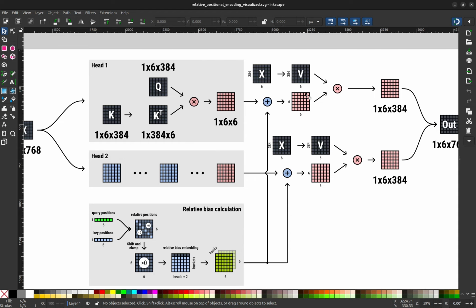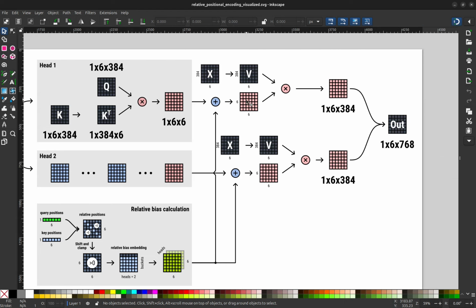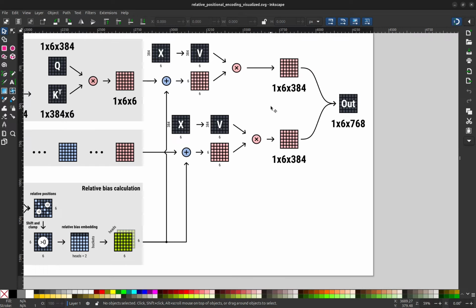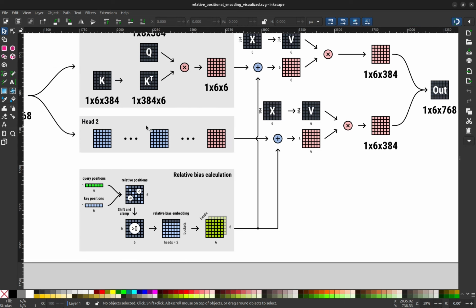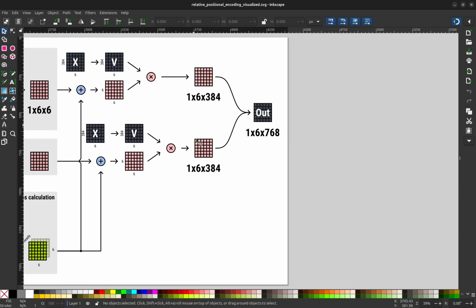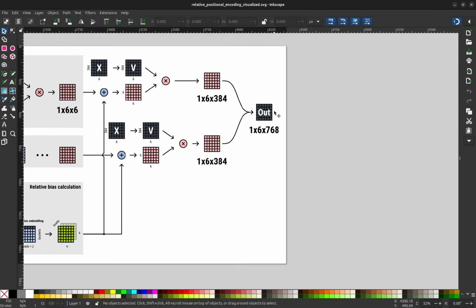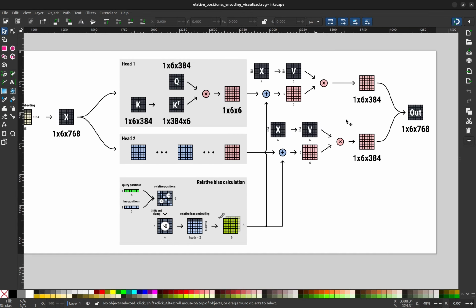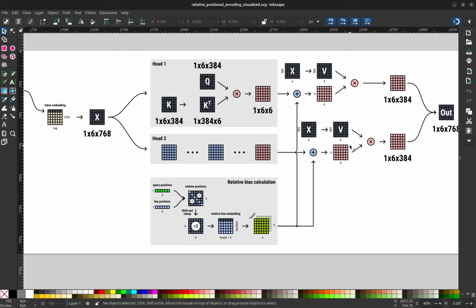After that, we continue. From X, we get the value tensor. We multiply these two together. We get the final attention weights. We do the same thing for the second head. We concatenate the results. And as you can see, we are back. And here, outputs and X have the same shape. So this is how relative positional encoding is implemented. I hope that this diagram was helpful, and now let's go to VS Code to see how to turn this